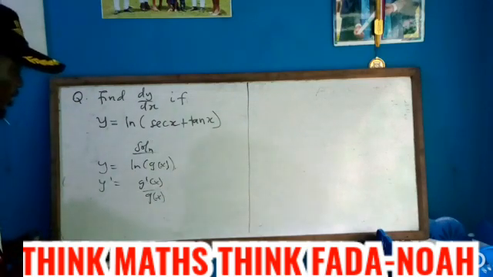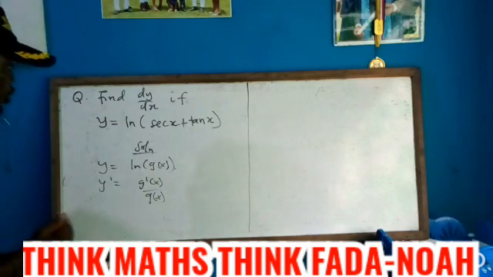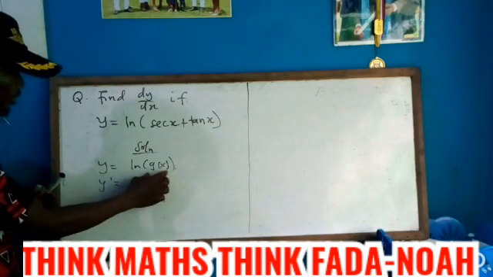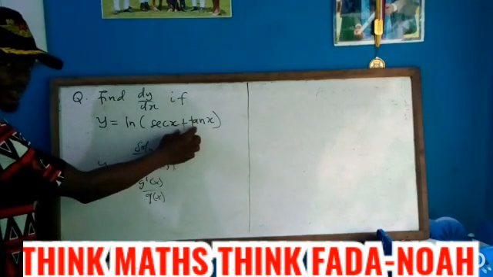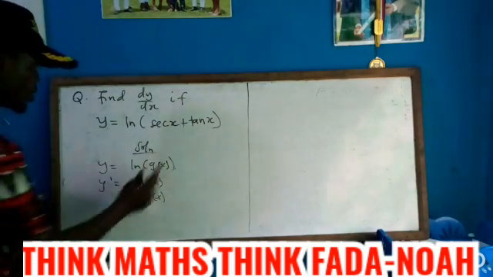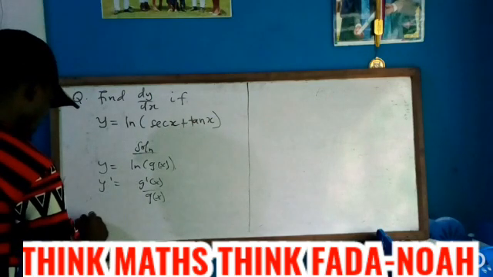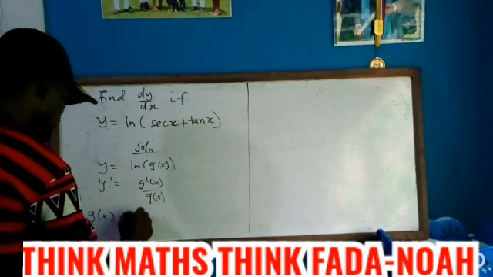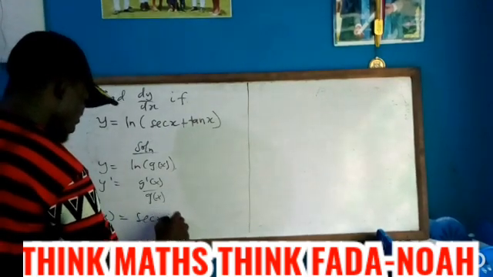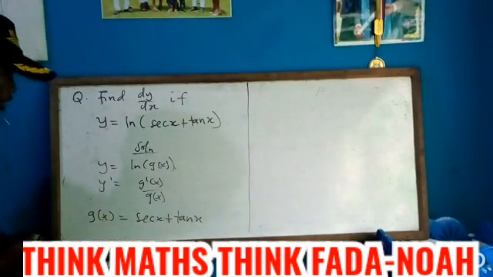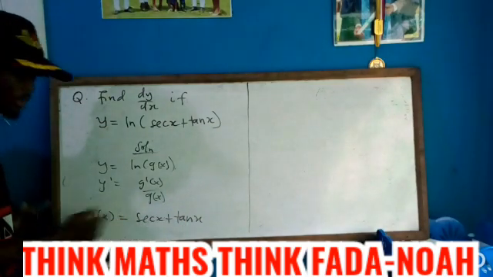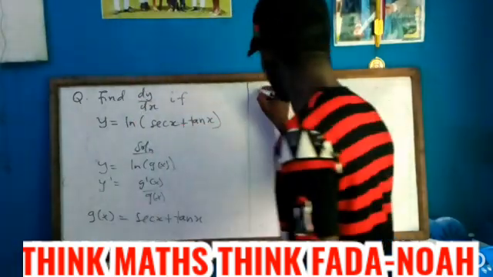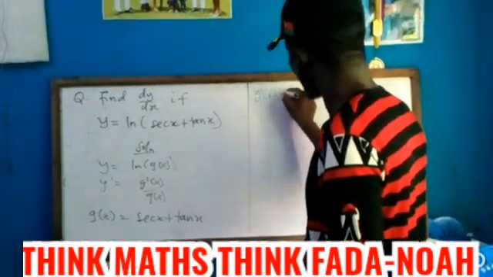So the most important thing over here is for you to be able to identify or extract your g of x. So by comparison, when you compare this one to the question given, we see that our g of x is equal to sec x plus tan x. Alright, so back to our question, we have our g of x be equal to sec x plus tan x. Okay, so you have to find g prime of x and divide it by g of x. So here our g prime of x is equal to